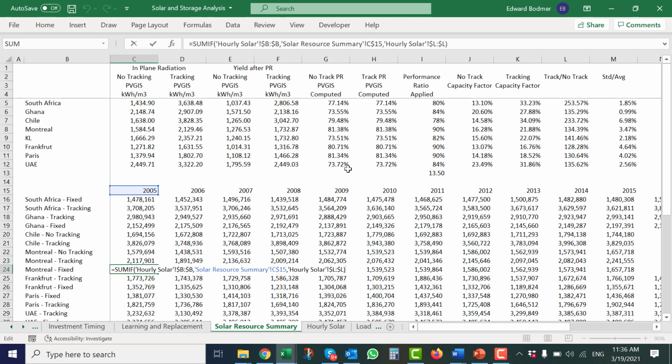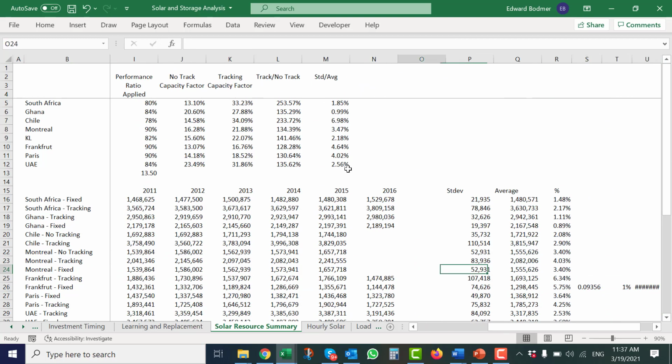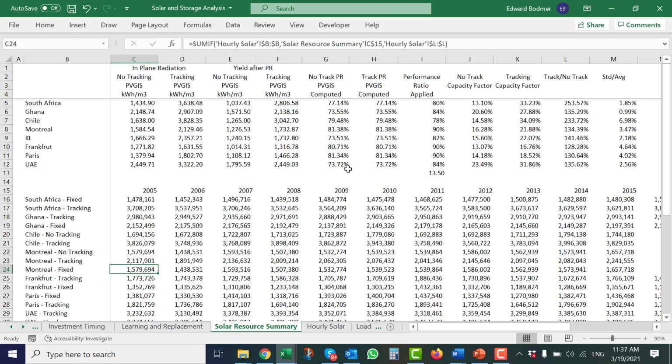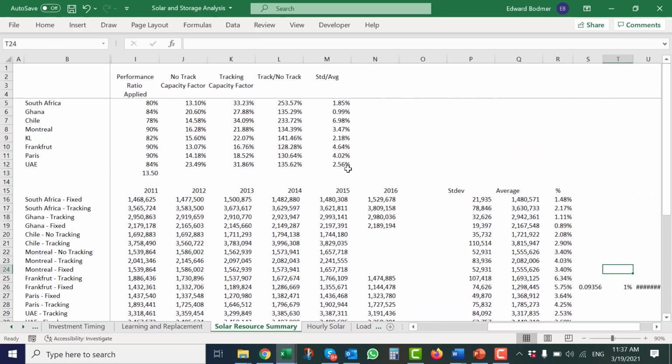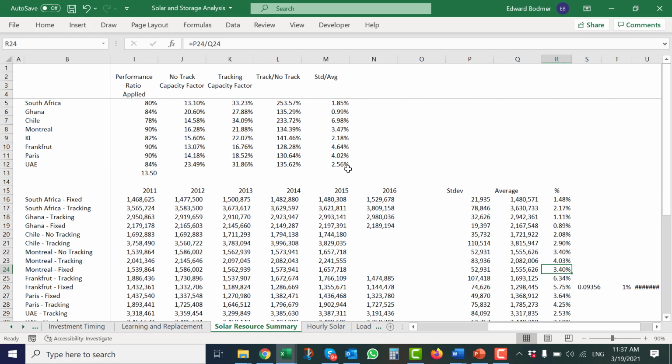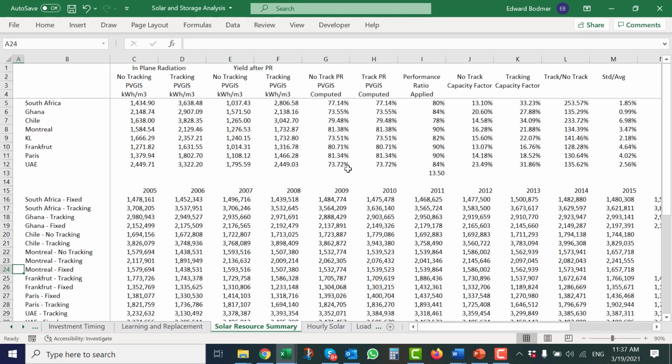In this case we took column L, which was Montreal, and we go through and get how much in-plane radiation you get. Remember, that's our famous 1,000, and we get a 3.4% standard deviation going year to year. Some of them had 2015 and some of them didn't. You can get all this. I've been told by some analysts that it's not the most perfect website or data, but it's not all that bad.